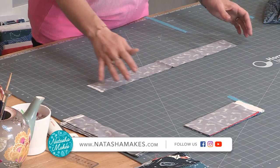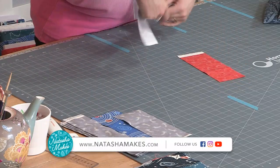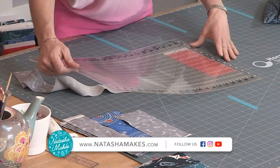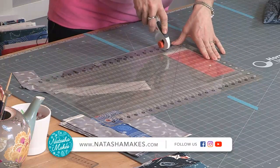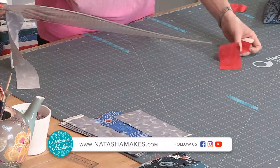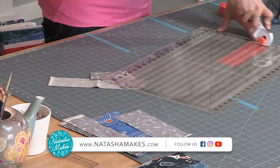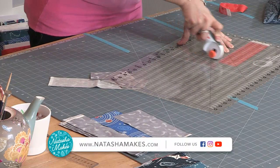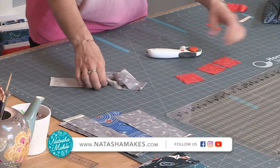Now, you've got options here. Let's see, why don't we go with this? So again, this is just scrap that we had from earlier. Now, I can go in, absolutely, I can go in here, line that up, and take off 2.5 inch. Yep, absolutely, no problem. I can line that up on its side. I can take off the selvage. And again, I can go right. There we go. 2.5 inches, 2.5 inches, 2.5 inches there. And I've got that done. Easy, quick. There are my little squares. And then